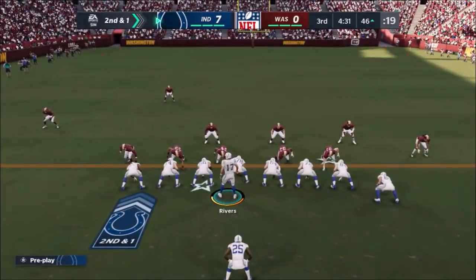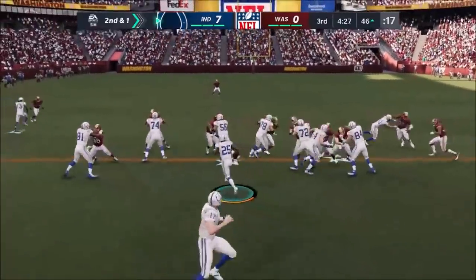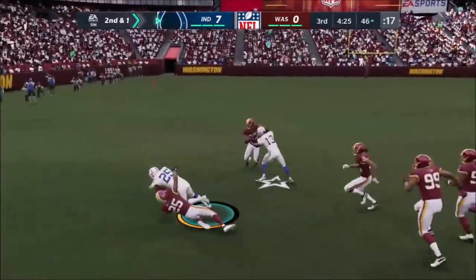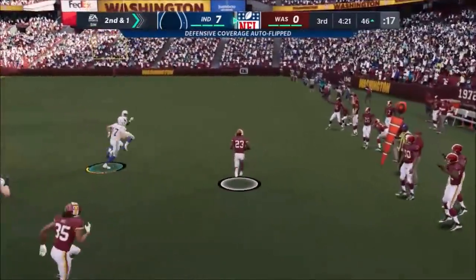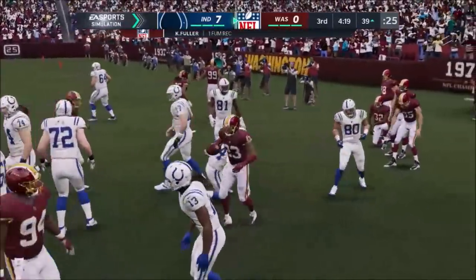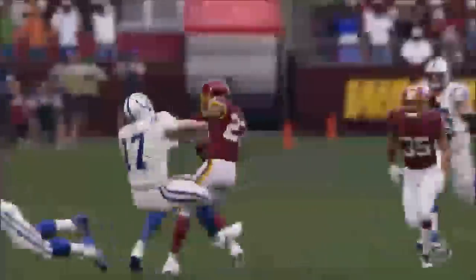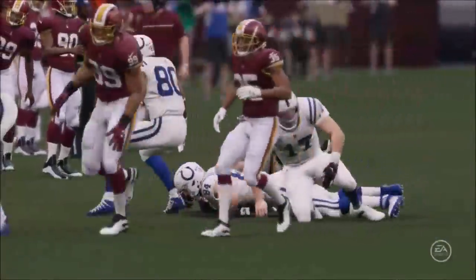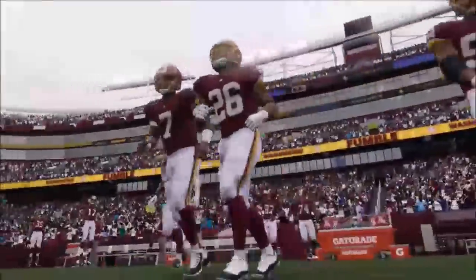Some pretty easy yardage there right up the gut. And he's a guy that has some height to him, so when you don't have to drop a shoulder or create or get through contact. And that gets hit and the ball is free. And this is picked up by the defense. And he'll take this all the way down inside the 40. But he has been a workhorse for them in this game, and ball security hasn't been an issue until that point. Yeah, and let's face it, when he's going to carry the ball that many times, he becomes more and more of a target for the defense, knowing...